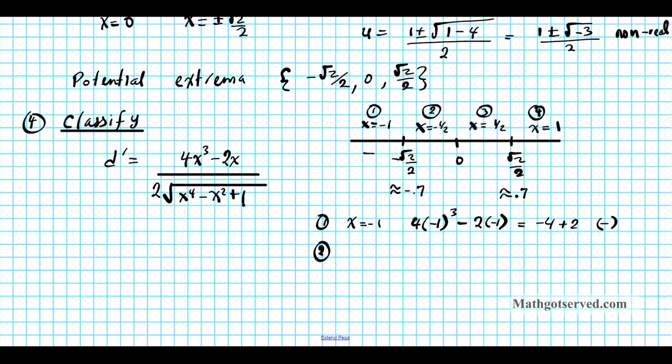Interval 2, we're going to test x equals negative 1/2. 4 times negative 1/2, just looking at the numerator, because that's what tells us the sign, times 2 times negative 1/2. That's going to give us negative 4 over 2, which is negative 2. And then if you multiply this together, it's going to be